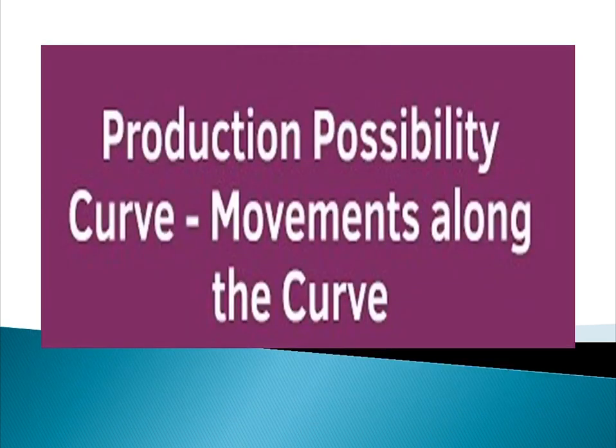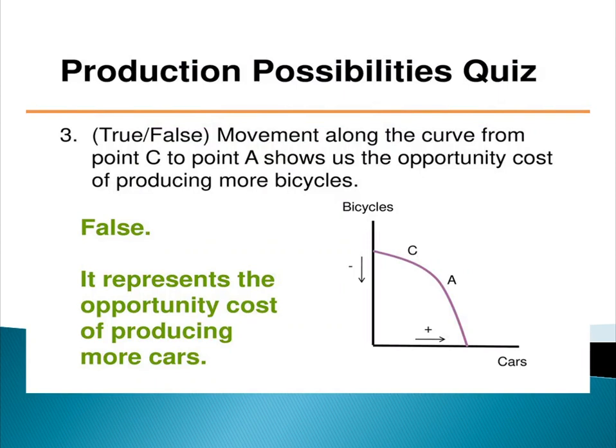The next learning objective is production possibility curve movements along the curve. What does it mean by movement along the curve? What does it mean by a point shifting inside and beyond the curve? This is what we are going to learn. First of all, we will learn about the movement along the curve, and we can also explain it with the help of a quiz. Let's suppose